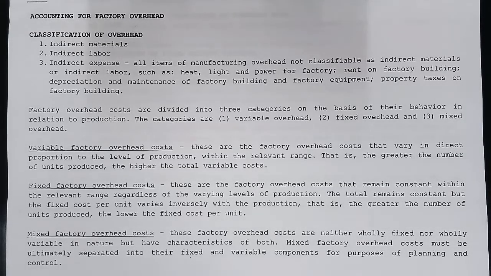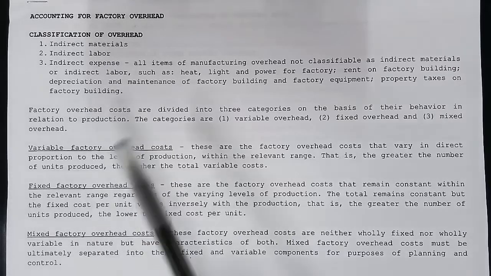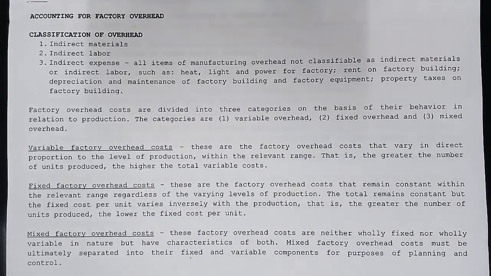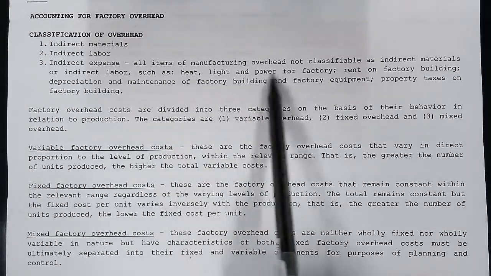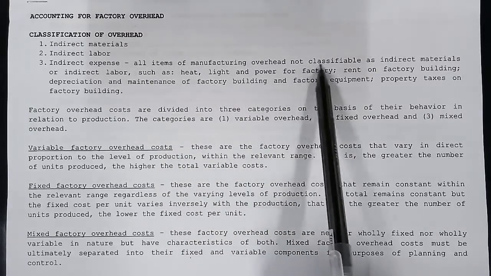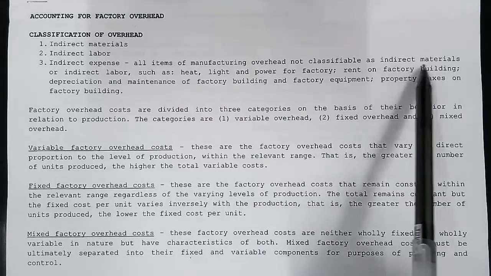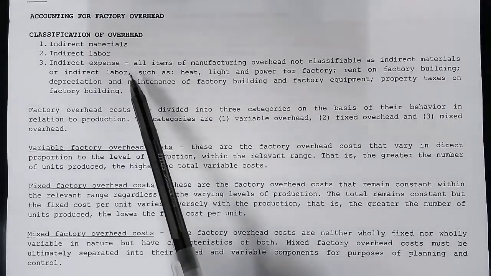Accounting for factory overhead. Classification of overhead. In the classification of overhead, we have indirect materials, indirect labor, and indirect expense. So the indirect expenses are the items of manufacturing overhead that are not classifiable as indirect materials or indirect labor,